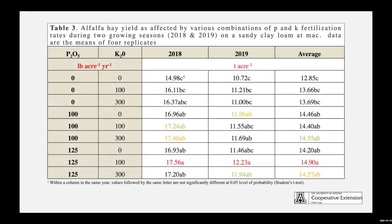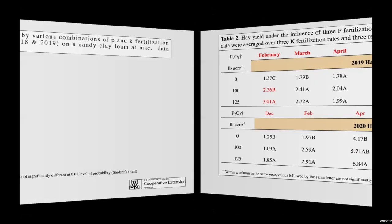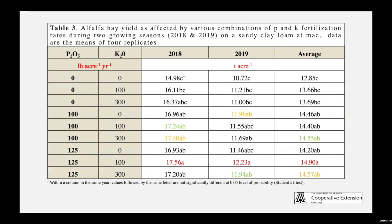When we see the combination, the last one is just for phosphorus applications. But since there were no significant differences among the potassium rates of application, we didn't include them in our presentation. But the combination, which is very important and the objective of this research, indicated that